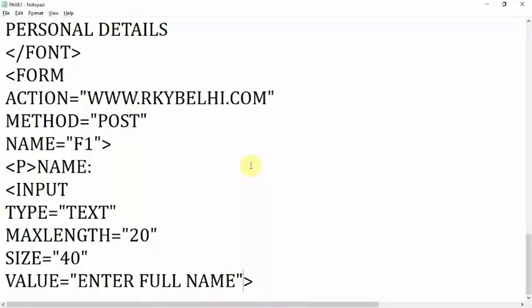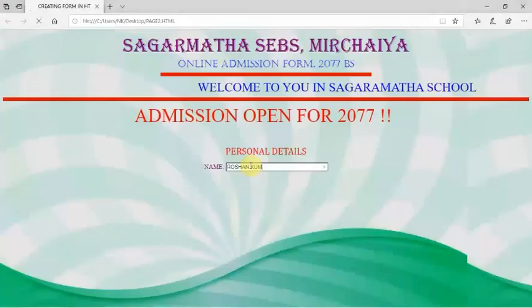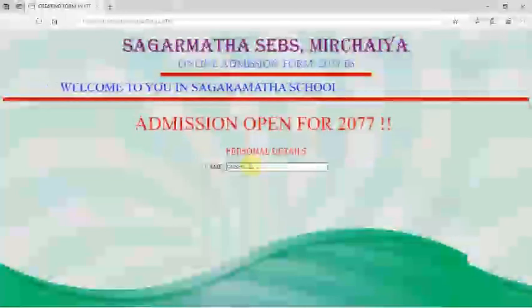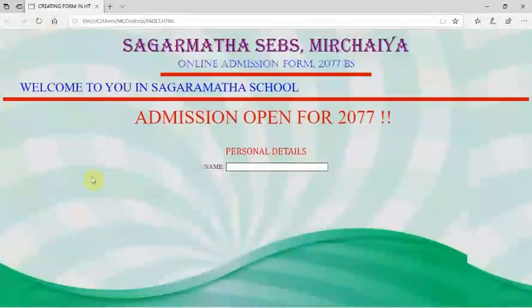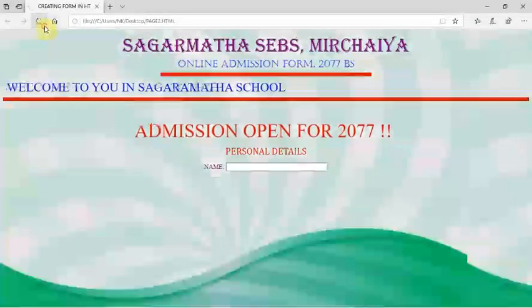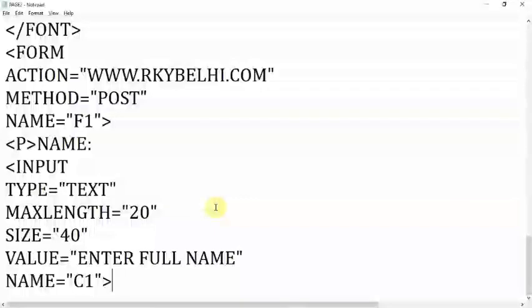Now next, another is name. You can specify any name here. I want to give here C1. Control plus S. I want to refresh the page. Default value is not coming. I have given a default value.